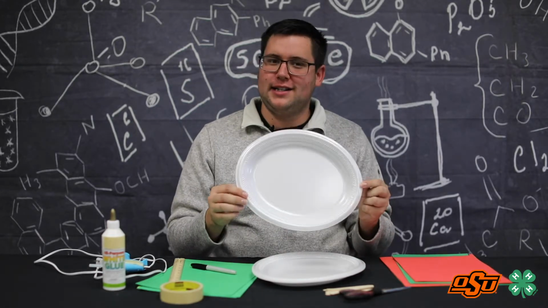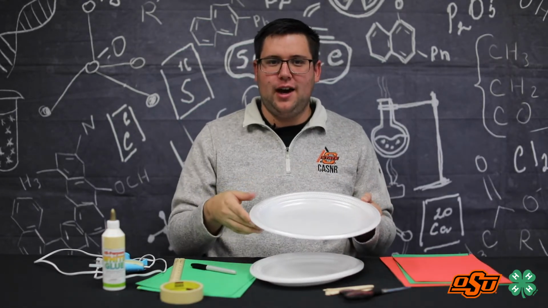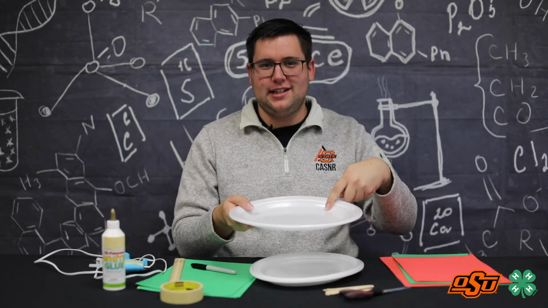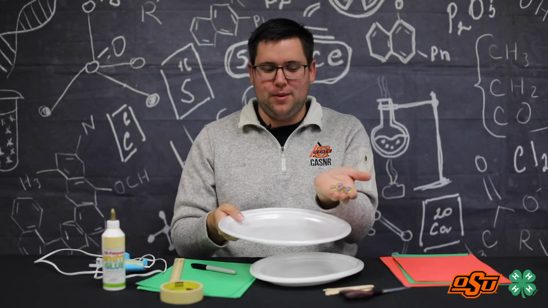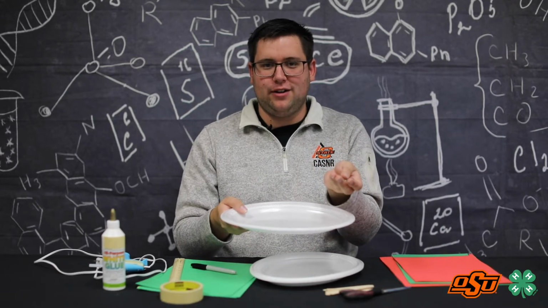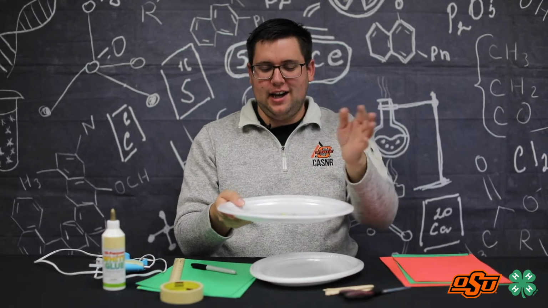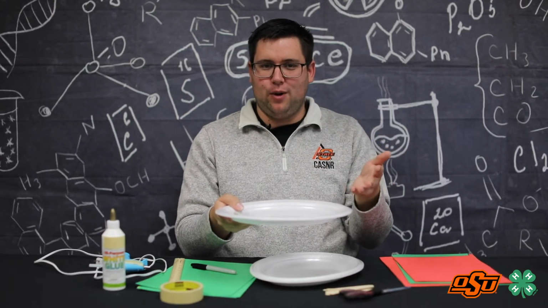Finding an oval one is the best just because it gives you more space to build your design, and then having one that has high sides is more beneficial because we will be using marbles today to represent our cattle in our corral system. So when you put them on the paper plate with the high sides, they can roll around and they won't fall off.